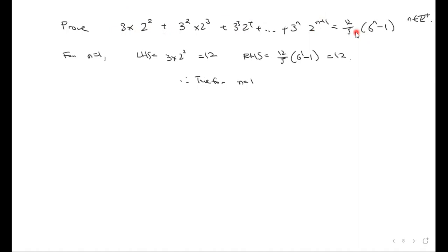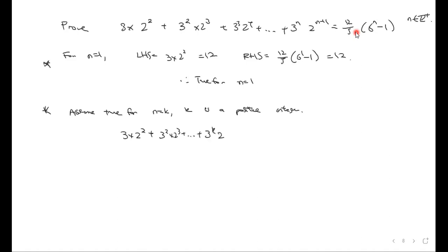Easy, simple step that you need to do. But now comes the part that needs a bit more work. So assume true for n equals k, where k is a positive integer. So that means 3 times 2 squared plus 3 squared times 2 cubed plus dot dot dot plus 3 to the power of k times 2 to the k plus 1 equals 12 over 5 times 6 to the power of k minus 1. And then we need to prove